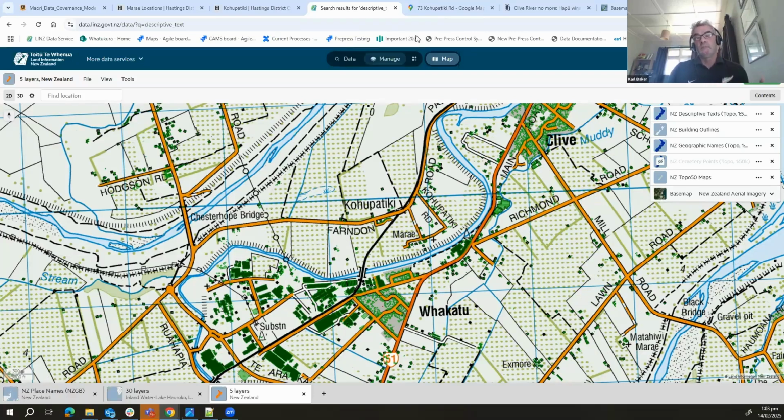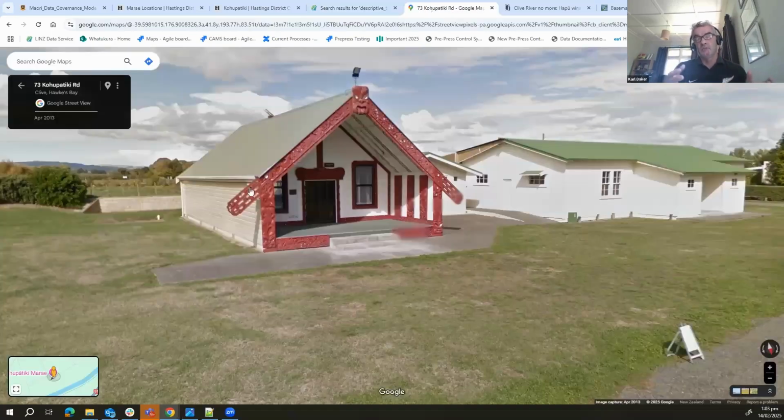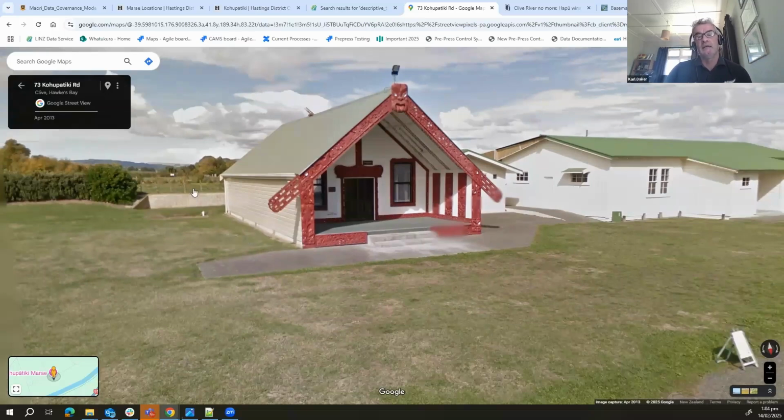So when we talk about buildings, obviously this is a wharenui from Google Street View. We don't have the time to go through all these things. So we want people who are connected to these places to tell us what we can show, what they'd like us to show, what they'd like us to remove, and that's got to be done at the marae level, at a higher level of engagement. Whereas when we get things wrong on the map, anybody can send those in and tell us to change. And one of the things I'd note here is that this is behind a stop bank, but it's a tiny stop bank, and there's another river down there, and that comes up in a minute.